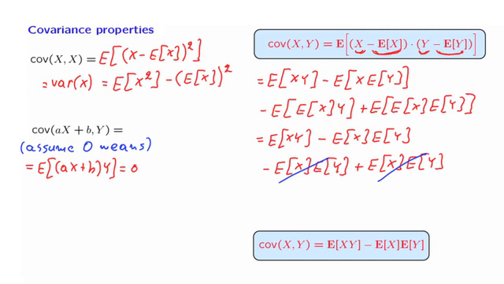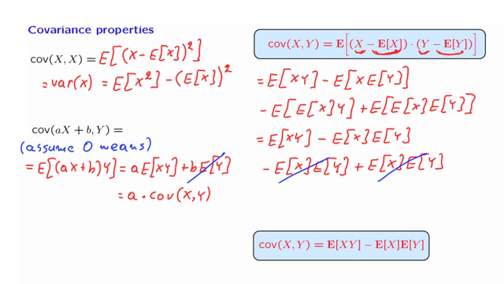And using linearity, this is the expected value of a times x times y plus b times the expected value of y. Now we assumed zero means, so this term goes away, and what we're left with is a times the covariance of x with y. So we see that multiplying x by a increases the covariance by a factor of a, but adding a constant has no effect. The reason that it has no effect is that if we take a random variable and add a constant to it, the same constant gets added to its mean, and so this